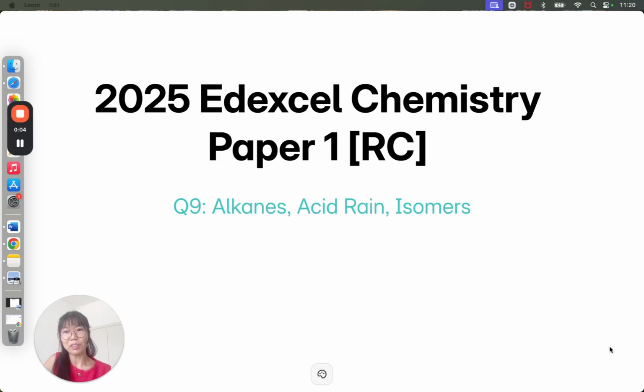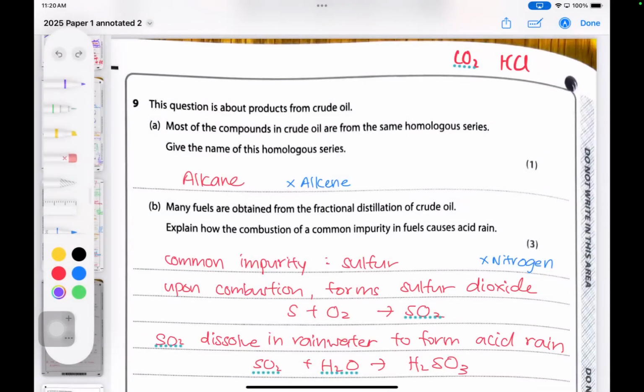We're going to look into our first organic question, and this is question 9. There's a total of 13 marks here, which is really decent for organic questions. So let's move into it. For the first part of the question, they're telling you this question is on products from crude